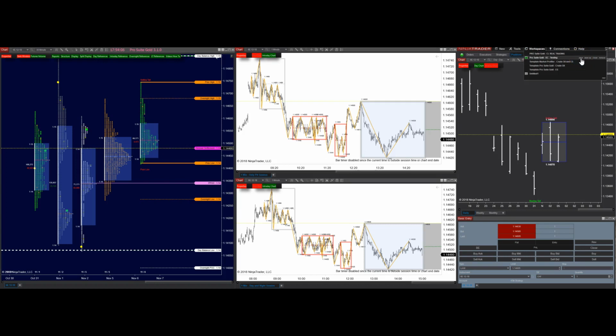You can save it there, or in closing your workspace, you're going to have a message asking if you want to save the workspace. Obviously, you always save your workspace, so you can just open it on the next day, and you're ready to trade. So that's it for this